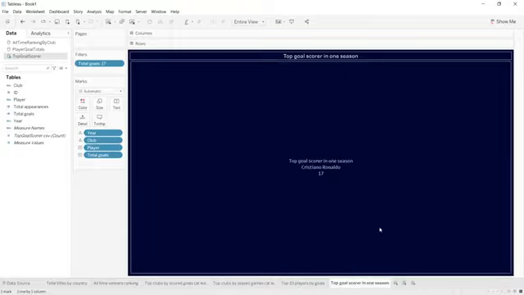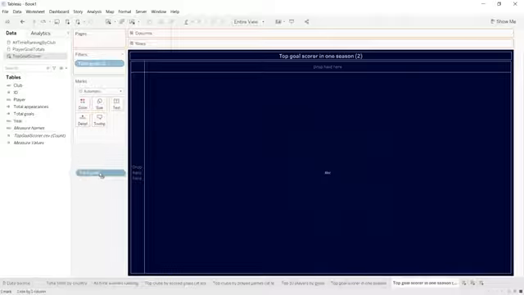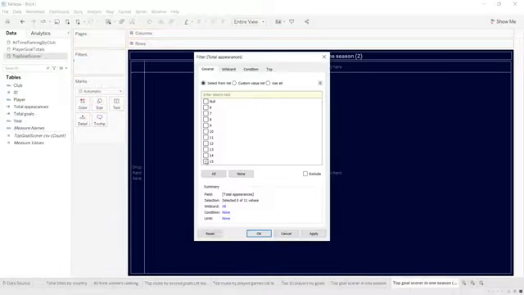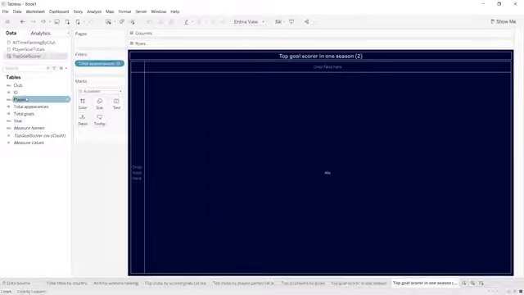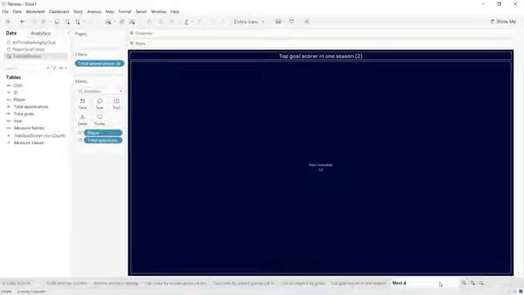Duplicate this one. Again, I want to use the same file. And now for total appearances, filter, select the maximum, apply, okay. We drag and drop the player into the text and the total into the text. So we change the title, we name it most appearances in one season,